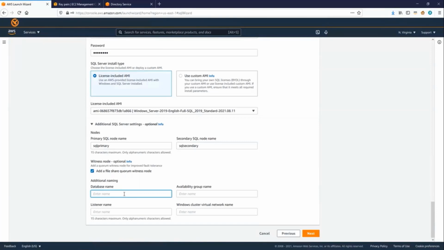Database name, you can select a database name, Live system, for example. This is a database that will be created empty when you create your deployment. It won't have any objects, but it will make it ready for you. You can also select an Always On availability group name. In our case, let's just pick SQL AG, and then you can also select a listener name, SQL AG listener,